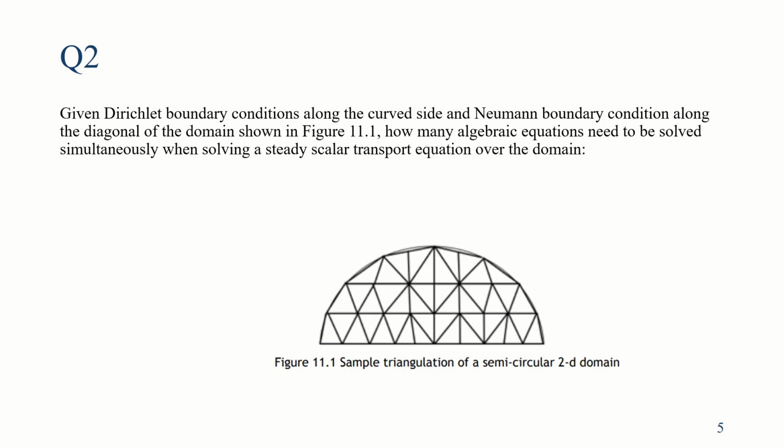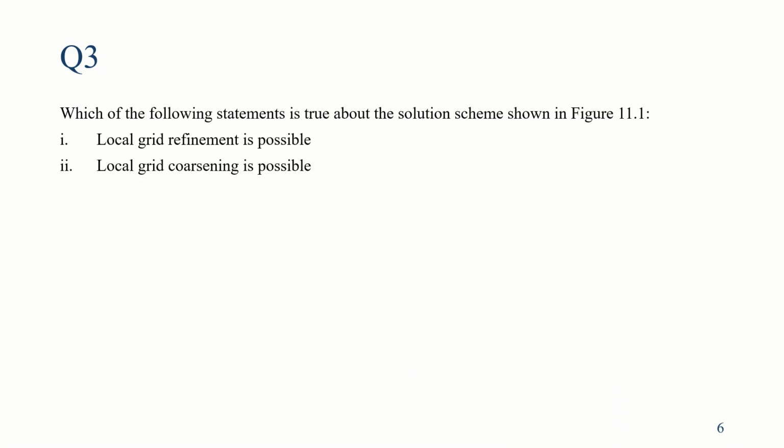Later we saw how many algebraic equations we need to solve. Since it is an unstructured mesh, we will be using the finite volume approach. And when we are using the finite volume approach, it would be based on the number of cells. So we have 42 cells, plus or minus 2. Later we moved on to